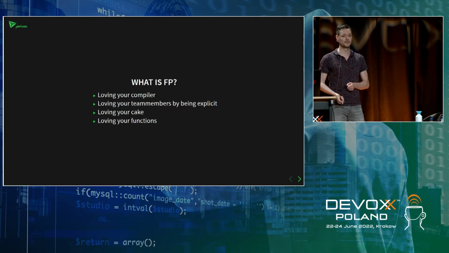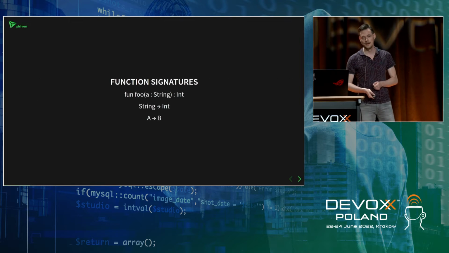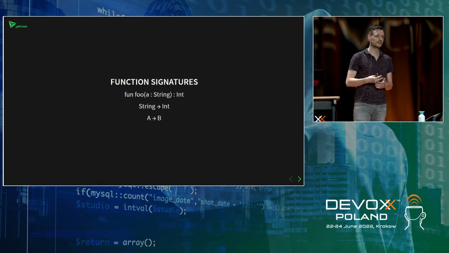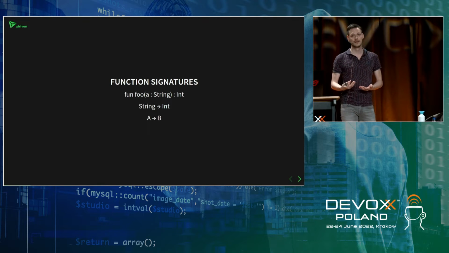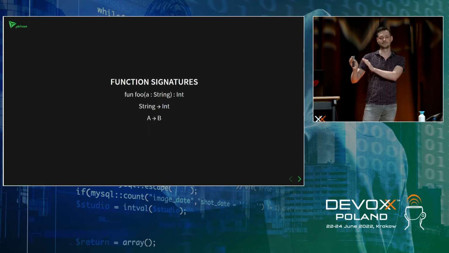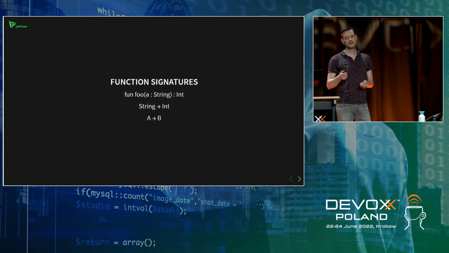So let's talk about functions. And most importantly, function signatures. So here we have a function foo that takes a string and produces an int. And this is also the function signature of this function. Given a string, produce an integer. And if we abstract it even more, given an a, produce a b. You might think now, yeah, that's basically every function ever. And that's true